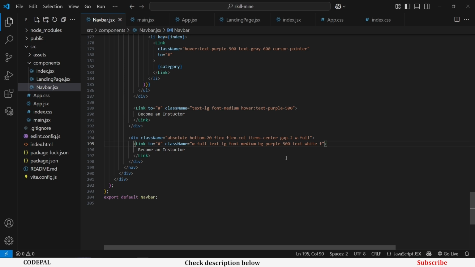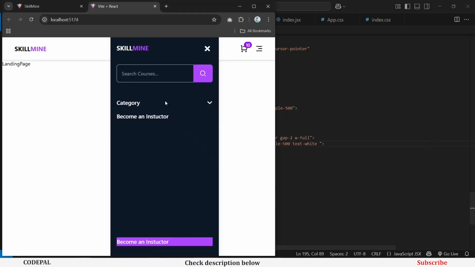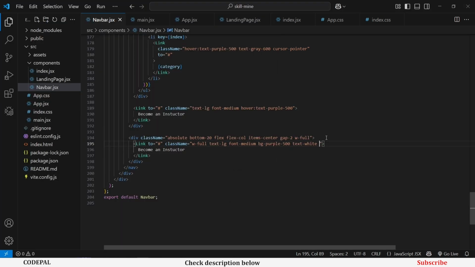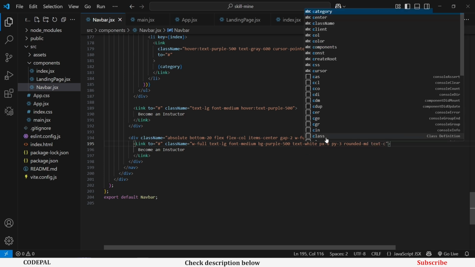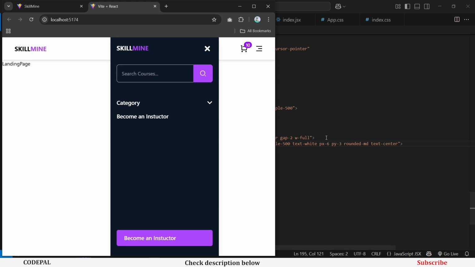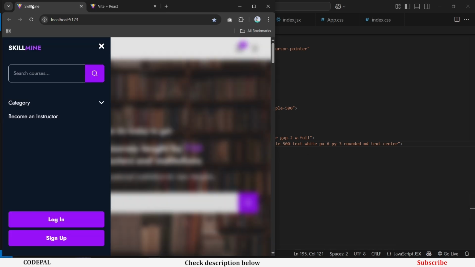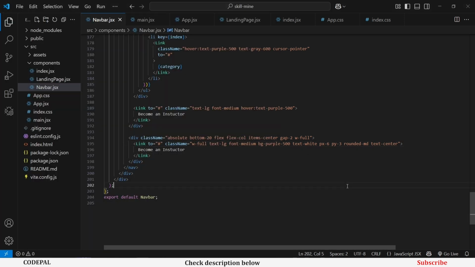So let's see, I don't think font medium will look good on it. We might need semi-bold, so let's continue for now. We can change things later. Let's add px 6, and py here is going to be 3. Then we're going to add rounded MD to make it look a bit curvy. So next one is set text to center. Let's see what that looks like. I think that looks nice, but we need to change the color of our